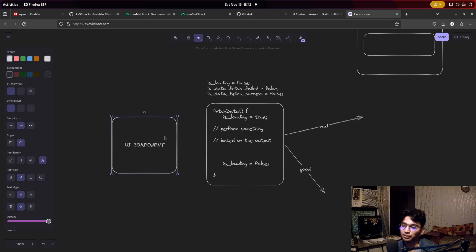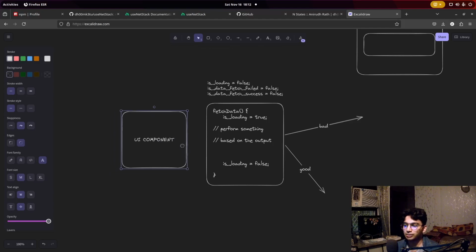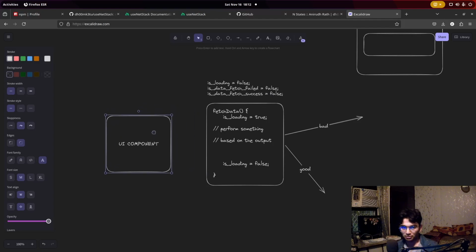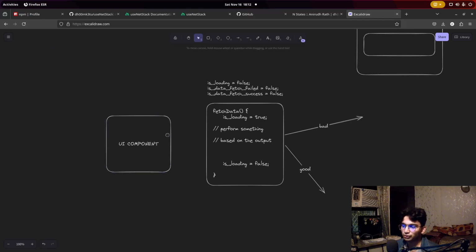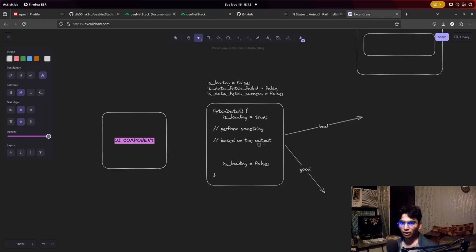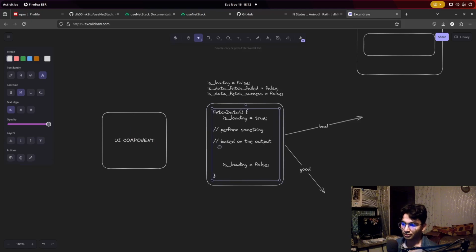And now, because our UI will be handling the data, it is tightly coupled to this method, tightly coupled to the response state that we're going to get, which is not what we want to do. Our UI should only pick up the response and render it as is. It should not be checking whether it is successful, whether it has failed or not. It should not have anything to do with the business logic, because your UI should depend on your business logic, but your business logic should not depend on, or should not change, because you're handling it in your